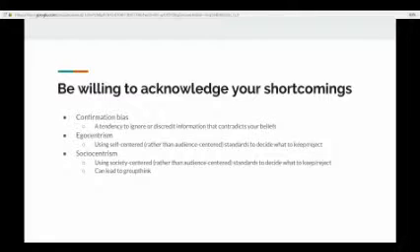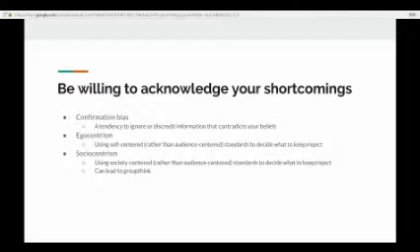So be willing from the get-go as you go into your research to acknowledge the shortcomings that you have. And this goes too for the interview that you conduct. Be willing to understand that you may ask a question and not get the answer you want. You may have to phrase things in certain ways, and it may not make sense to you because, of course, this makes sense to me. Why can't this person understand what I'm saying?